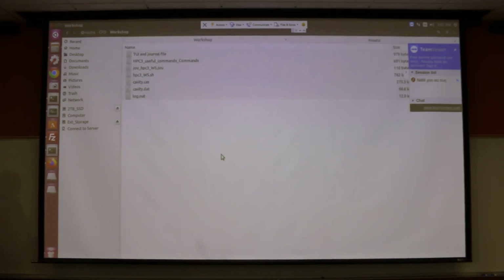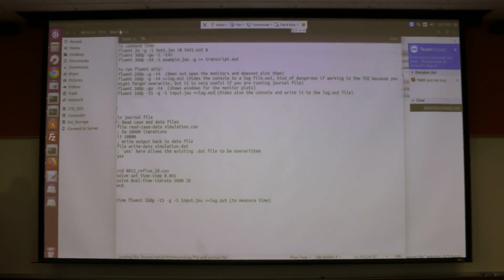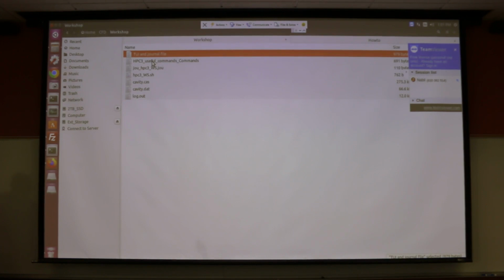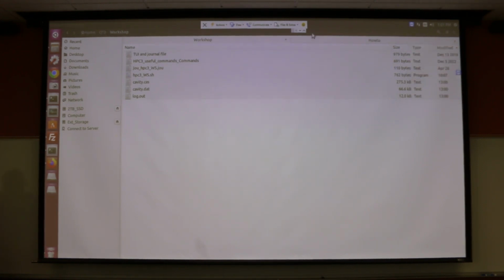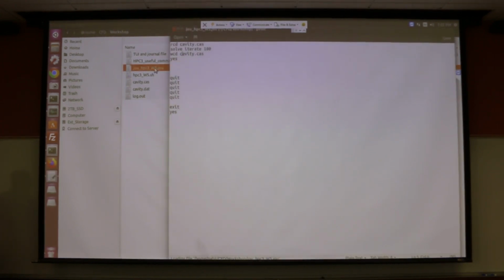Now we are experts. We know how to open Fluent. We do it in a TUI command, in a TUI mode interactively, and in a batch mode. It's time to transition whatever you have already done to the HPC, because my local machine is not that good. So most of the time you will find yourself needing only a journal file, which is